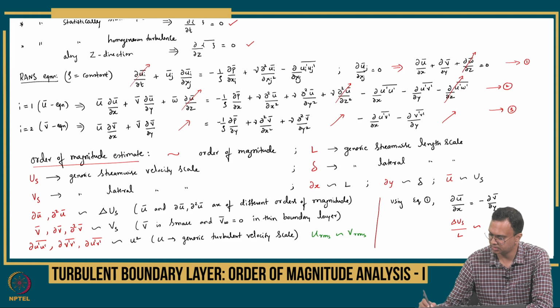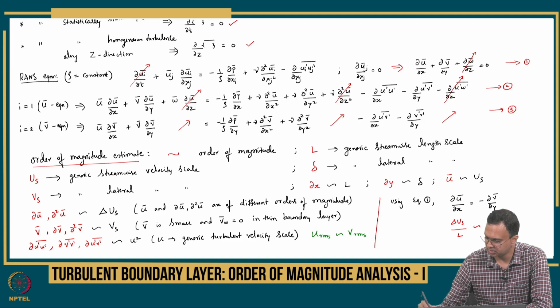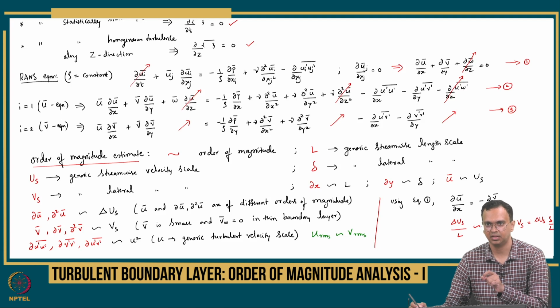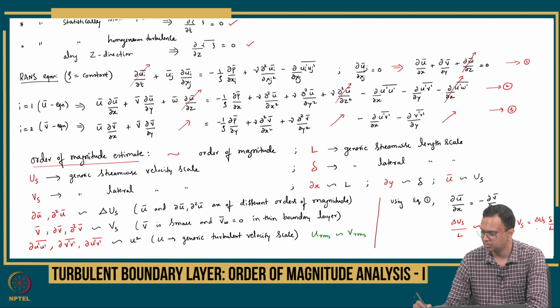So this gives me basically that Vs is nothing but Us delta by L. So delta by L indicates the boundary layer growth, right? Both are functions of x. Delta is the boundary layer thickness. So Vs I have got